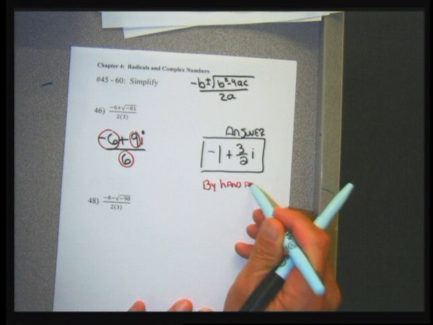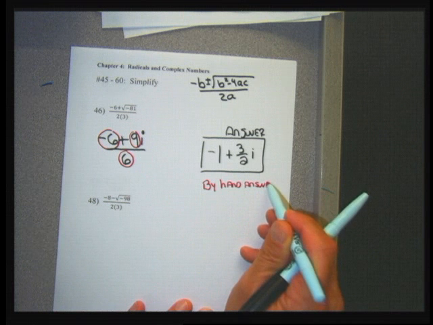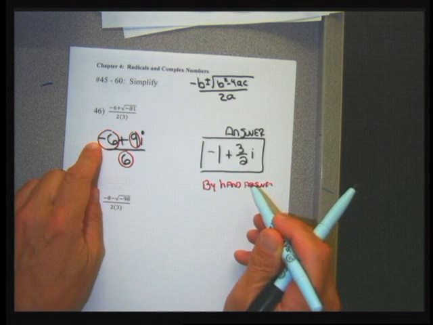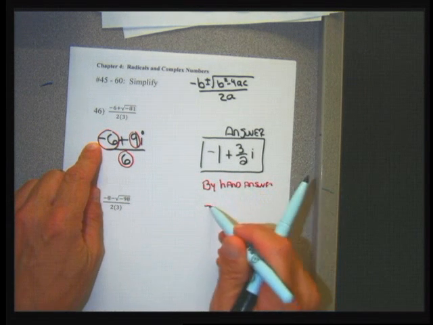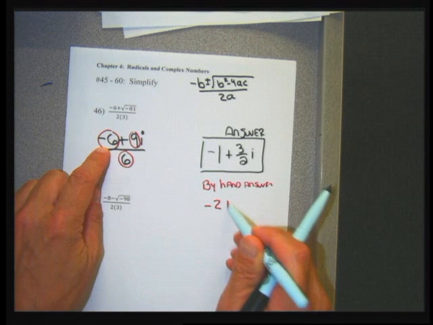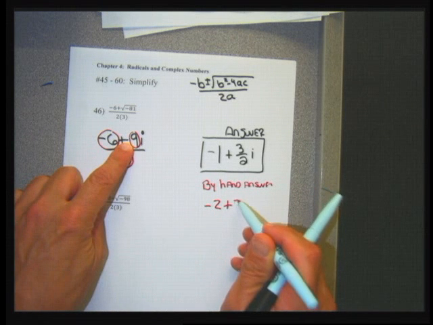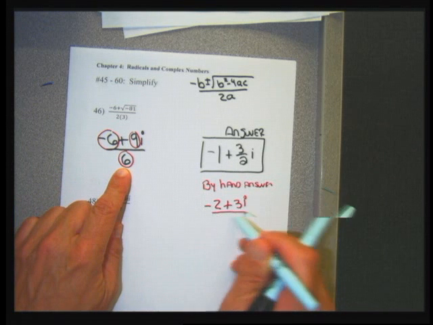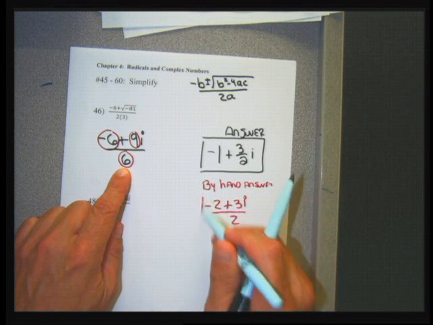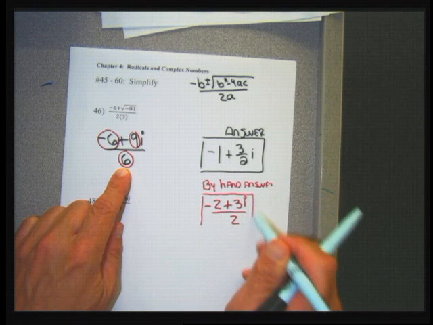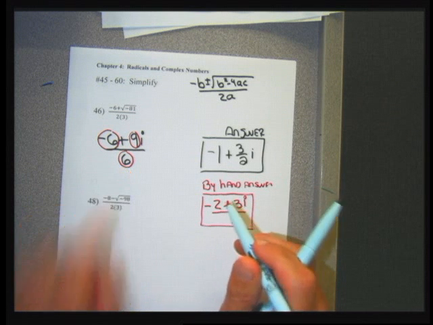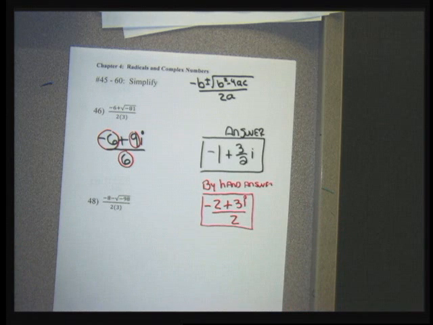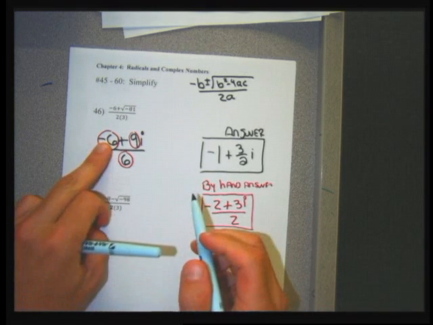And again, I'll take either. My by hand answer is going to be negative 6 divided by 3 is negative 2, and then plus 9 divided by 3 is 3, and I leave the i, and then 6 divided by 3 is 2. That's my by hand answer. Completely good answer. If I wanted to get my calculator answer, then what I would have done, instead of dividing all these,